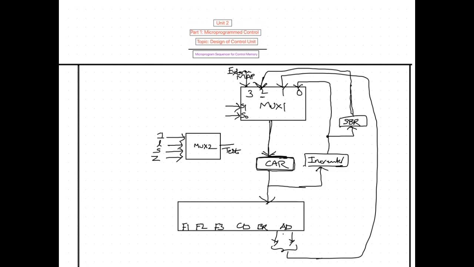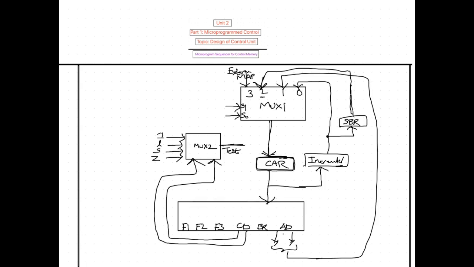Now see here, for this particular MUX2, CD bits are used as selection variables. How many bits are there? CD has 2 bits. These 2 bits are used to select one of the 4 lines, and based on the condition of that line, this test variable will be decided.